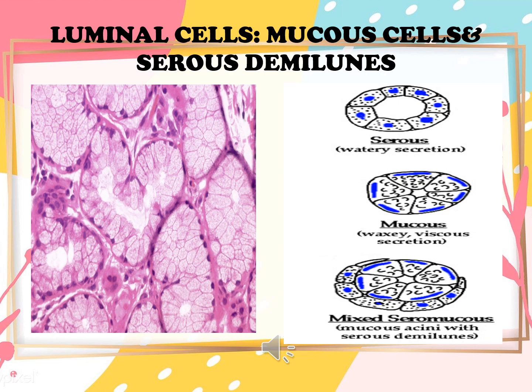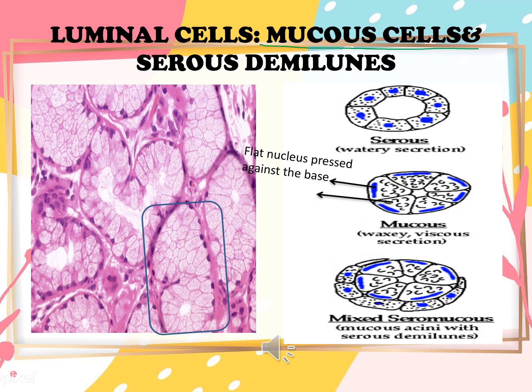Now the next cell is the mucous cell. This cell is structurally, functionally and histologically very different from the serous cell. Firstly, this cell is also pyramidal in shape, but it does not have the wide or star-shaped lumen seen in serous cells. Secondly, it does not have intercellular canaliculi also. The nucleus of the mucous cell is flat and is pushed towards the base because of the heavy mucus content in the form of mucus droplets present in the cell. The mucus droplets will push the nucleus towards the base.